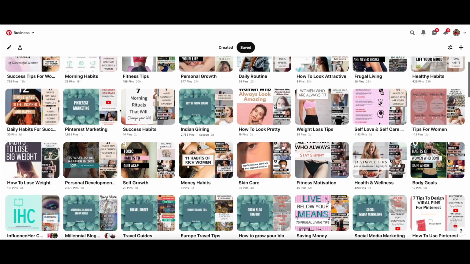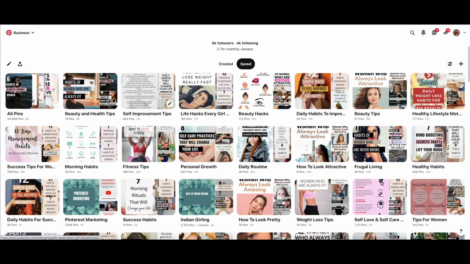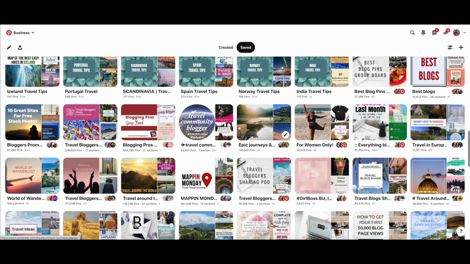Essentially, it's also a good place for you to see which boards you have recently pinned to. So basically, they show up in order of recent pinning. So if you haven't saved a pin to that board, it's not going to show up at the top. So Pinterest basically wants to show the most fresh content or the most freshly saved pins at the top. So you're always going to find the boards where I've actually recently saved content to, and not the boards where I haven't saved anything to. So you'll see that these ones I haven't saved anything for a while, so they're not showing up in the